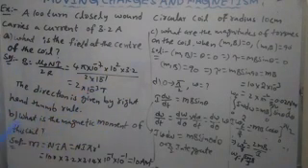Okay, in this case, what is the magnetic moment? N into I into A. What is A? Pi r square. The magnetic moment of a current carrying coil is NIA, where N is the number of turns, I is the current, and A is pi r square, the area of the coil. How many turns are given? 100. Into current, 3.2. Into area, 3.14 into r square, which means 10 power minus 1, 10 power minus 1. Approximately 10 into 100, so it is 10 cube into 10 power minus 2, that is 10 ampere meter square.